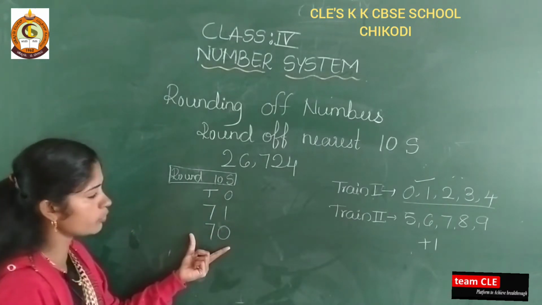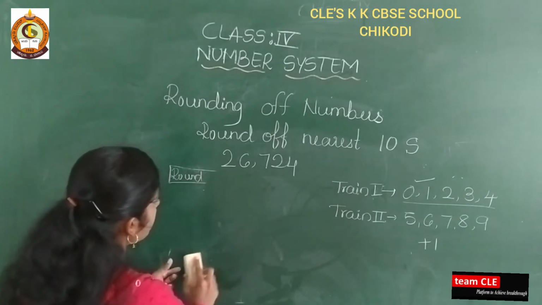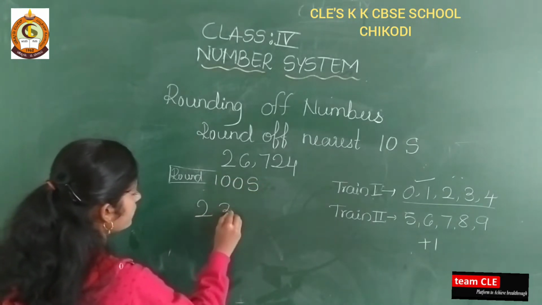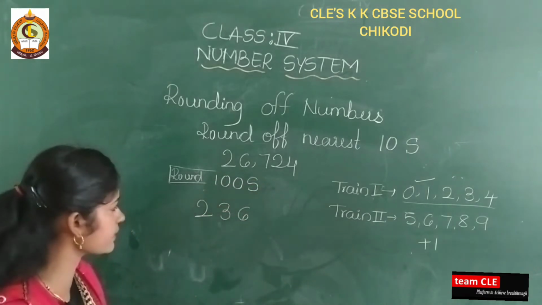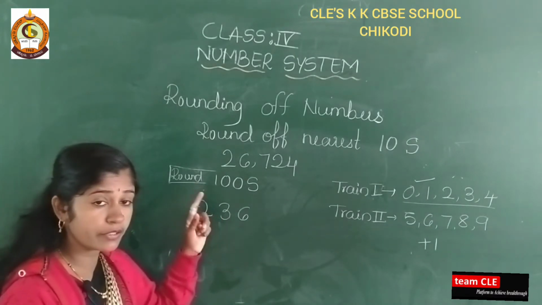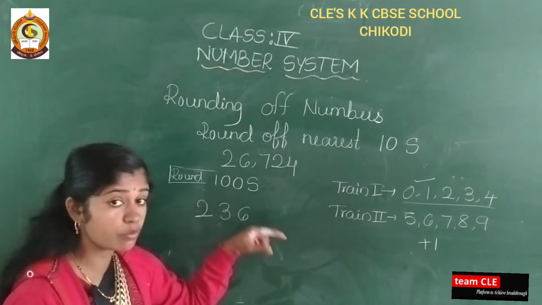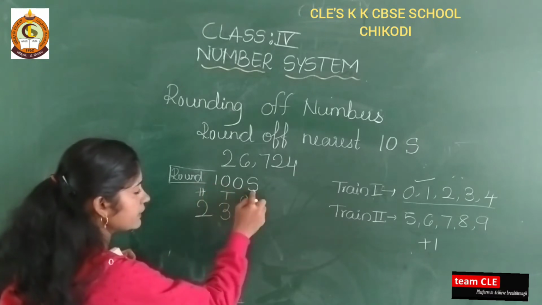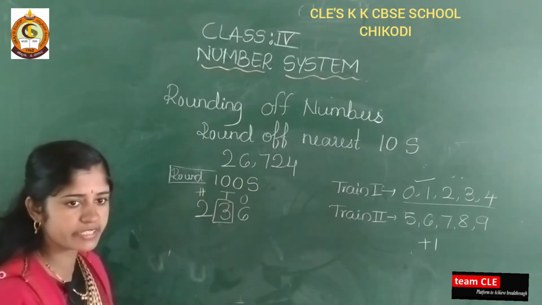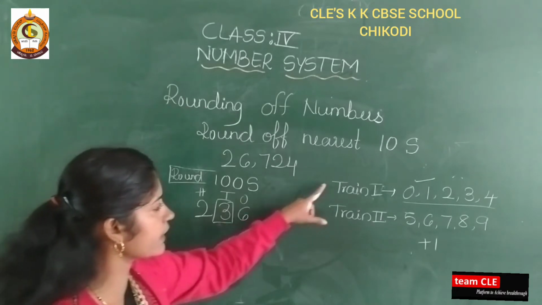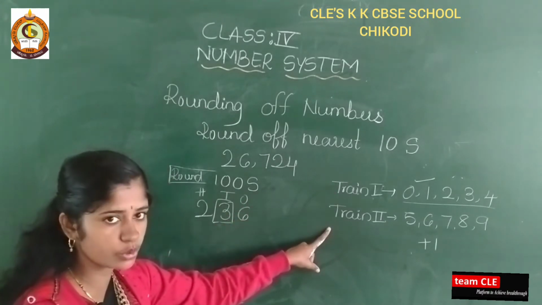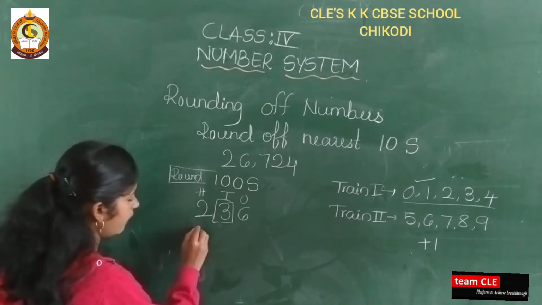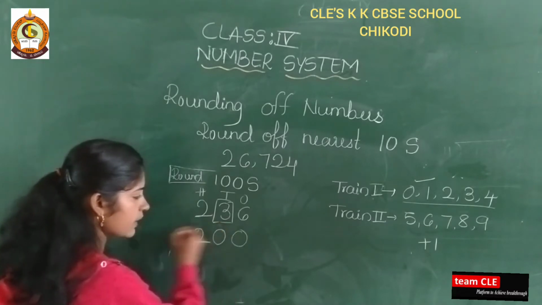Next, this is round off nearest to tens. Next, round off nearest to hundreds. Okay, hundreds is there. So 236. 236 is there. Then see here, if nearest tens is there, you need to see the ones place. If nearest hundreds is there, then ones, tens, hundreds. Nearest hundreds means you have to see the tens place. Then just see, the 3 in the tens place is there in tray number 1 or tray number 2? Yes, it is there in tray number 1. Then there is no need to add here 1. This 3 becomes 0, 6 becomes 0.